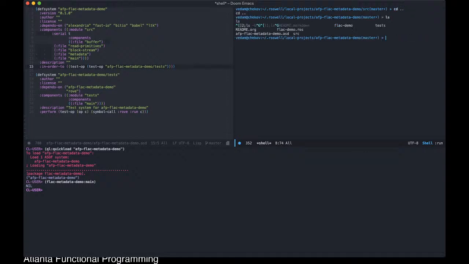So you might see flac demo.ros. That's the Roswell demo, that Roswell build file that I created. But it isn't actually a build file. So what Roswell does is, Roswell was designed to allow you to use Lisp both as whatever development language you'd want, plus as a scripting language. You could actually go ahead, like with Python or Perl, you could actually write shell scripts in